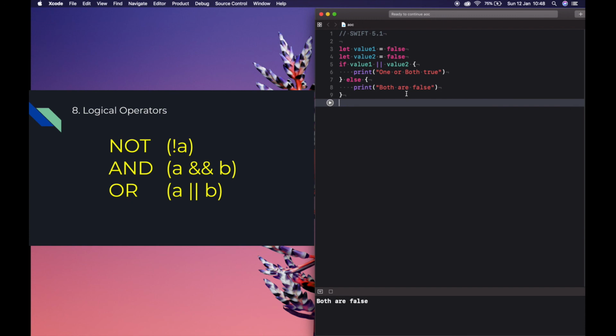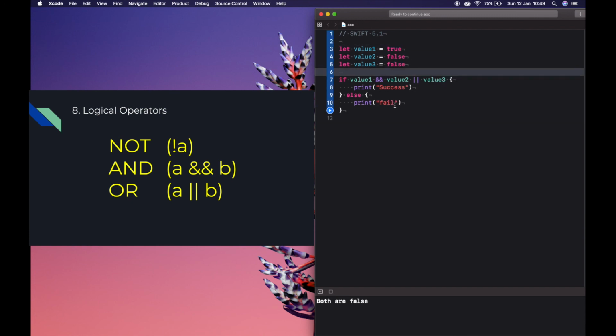For example, in this case, we have combined the logical operators AND and OR. So we will check first if value 1 and value 2 are true, but one is false. It will fail. Okay, true.